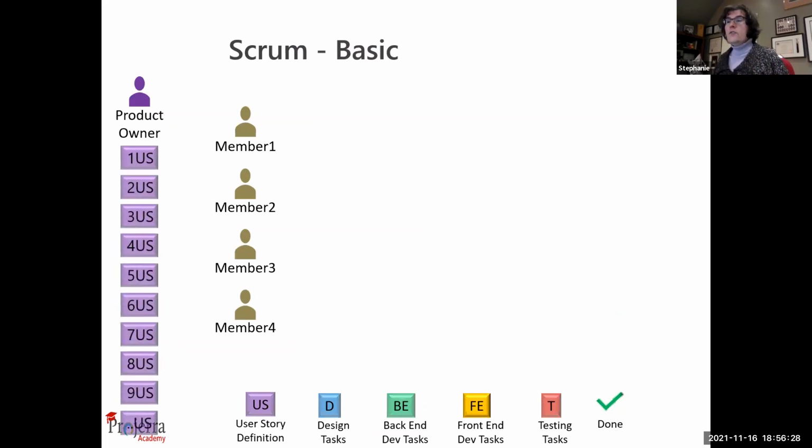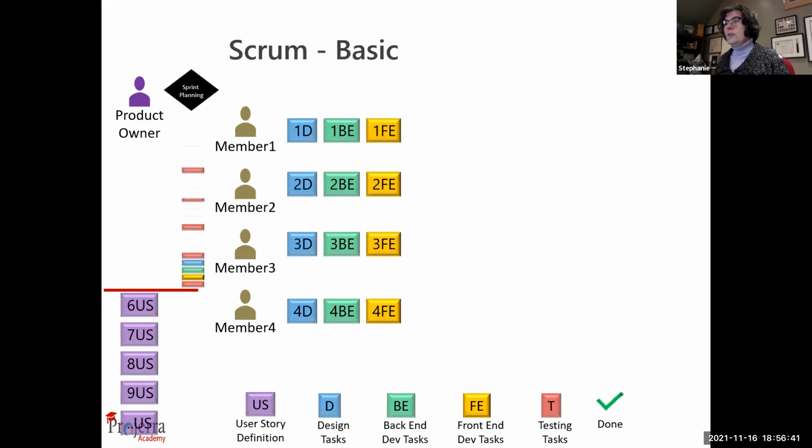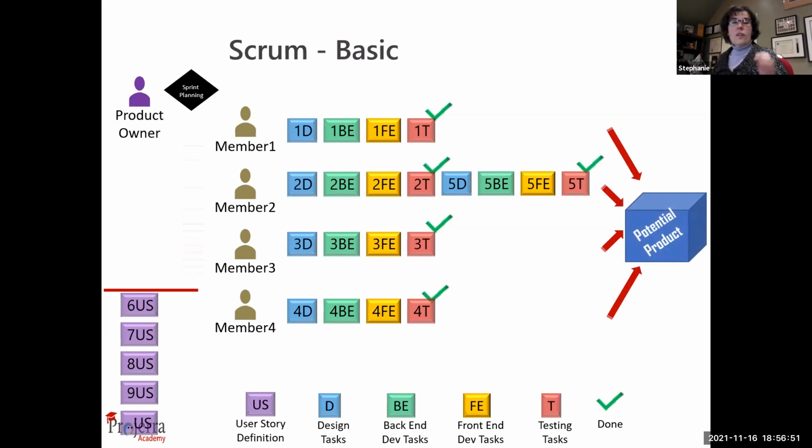So there's 10 different user stories. We've got 4 team members, and the sprint plan says we're going to take 5 of those. We break it up into a bunch of different tasks that need to get done. And then they do some design work, they do some back end work, they do some front end work, they do some testing work. It says, yes, those are done, but we still have a few more yet to get happening here. And it's a release. Now, that is a very, very basic approach, and it's not very realistic either, because chances are you're not going to have every team member be able to do all 4 of those different types of activities.